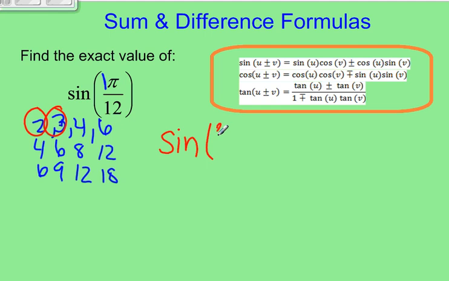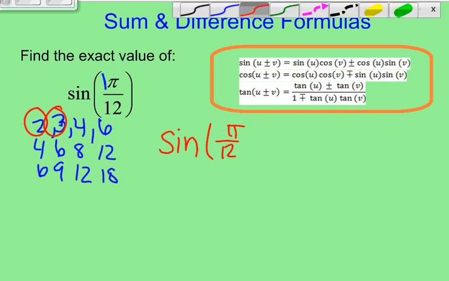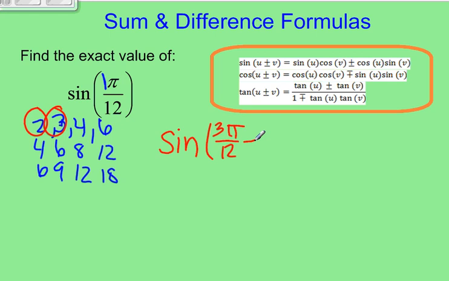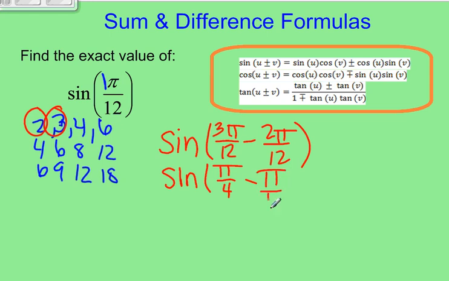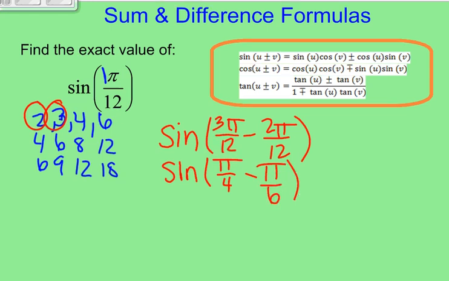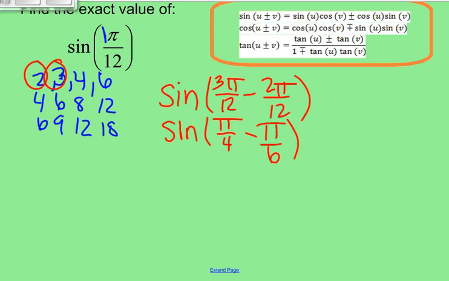So it's going to be 2 pi over 12. Sorry, 3 pi over 12 has to go first because I've got to get minus. So 3 pi over 12 minus 2 pi over 12. So that gives me sine of pi over 4, if I simplify them all, minus pi over 6. So then I'm just going to follow the sign at the top, and I'm doing minus, so I'm following everything on the bottom. So I've got sine of pi over 4,